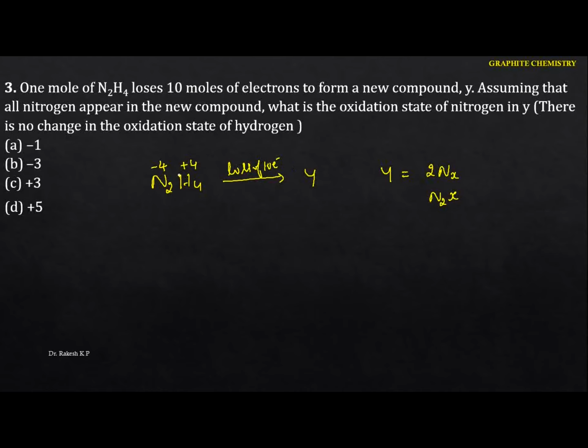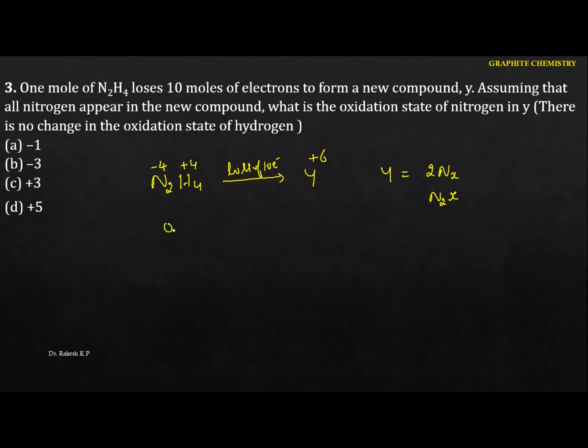Okay. So now you just identify, minus 4 means 4 electrons will reach. When it loses the 10 electrons, what are you going to get? You may get plus 6. So you just identify, I'm talking about the 2 nitrogen. For 2 nitrogen, their oxidation state I'm going to write as minus 4. If it is 1 nitrogen, their oxidation state will be minus 2. Okay, just go to this one here. So now I'm talking about the individual, that is X.